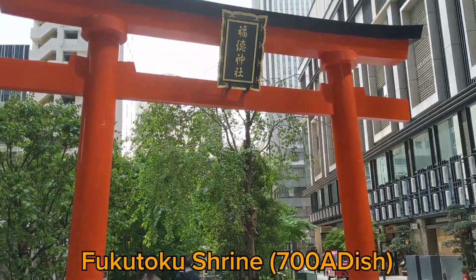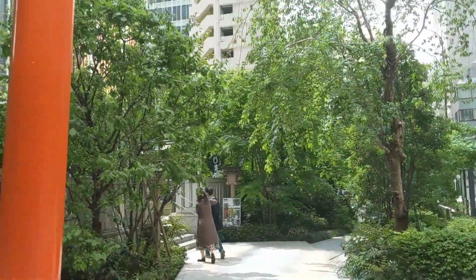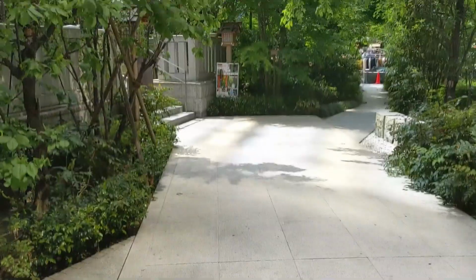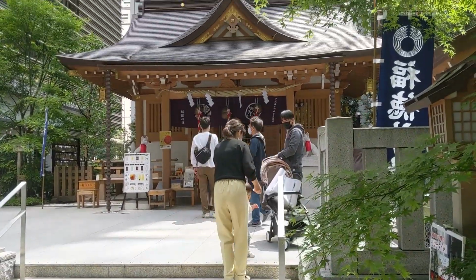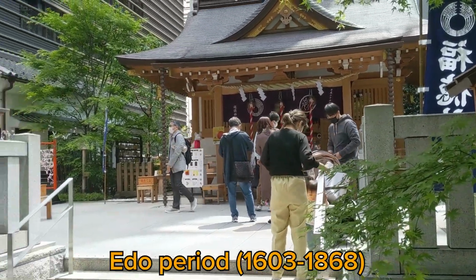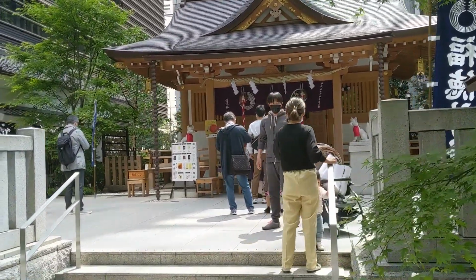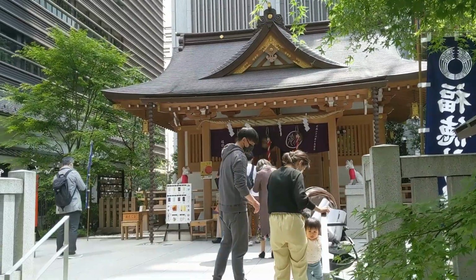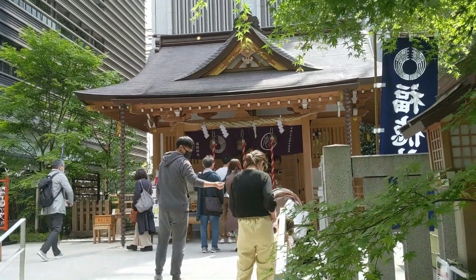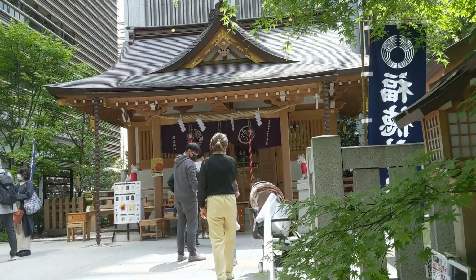Alright, up next is the Fukutoku Shrine. This has been here for hundreds of years. Before you enter, you gotta bow once. This is one of Shogun Tokugawa's favorite shrines. He is responsible for starting the Edo period and establishing isolation in Japan from the rest of the world. He liked this shrine so much that it is said that his spirit is embodied here. The deity that resides here is for harvest, so if you want to pray for good harvest or business,